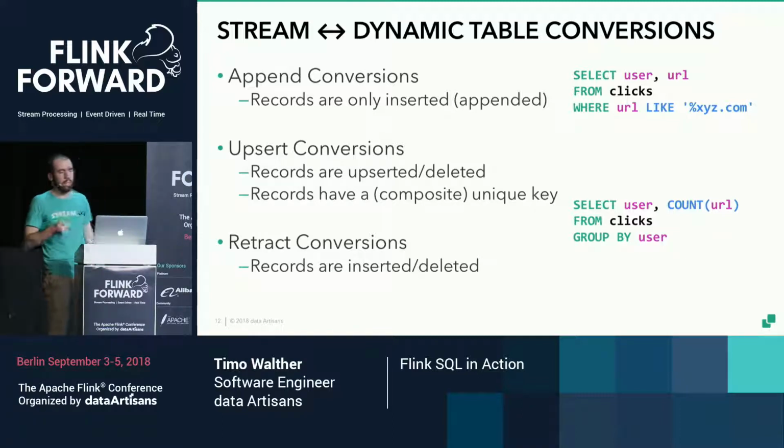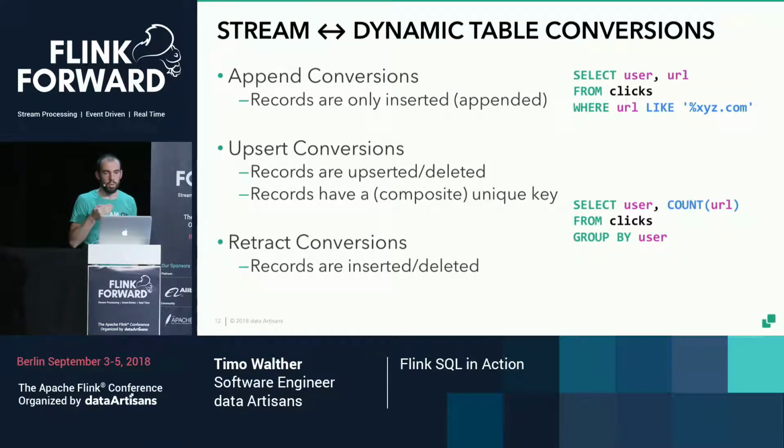So there are basically 2 types of conversions that you can do with this dynamic table and stream conversion. Either you perform an upsert conversion, meaning that you have a key, it can also be a composite key, that is defined. In this query, for example, you could use the user ID because this is a unique key that the query defines. You can use this key, for example, to continuously update